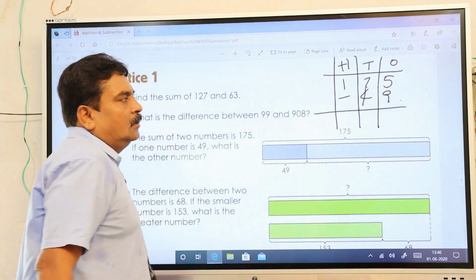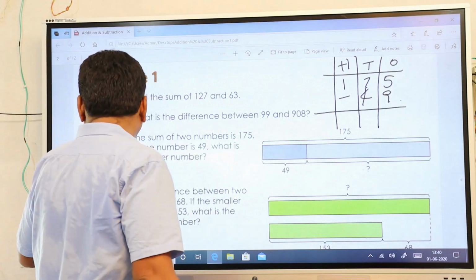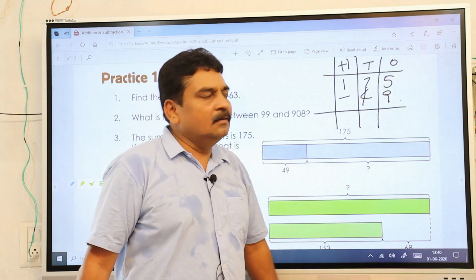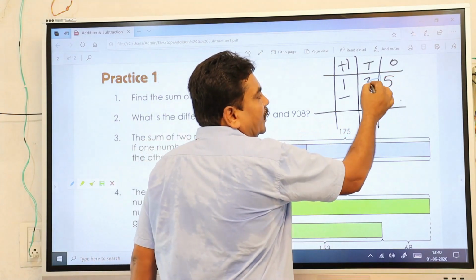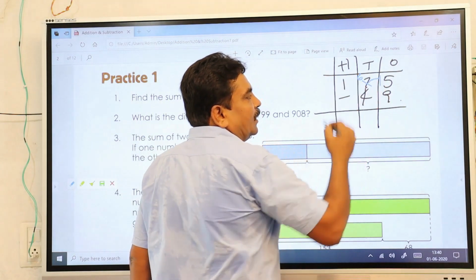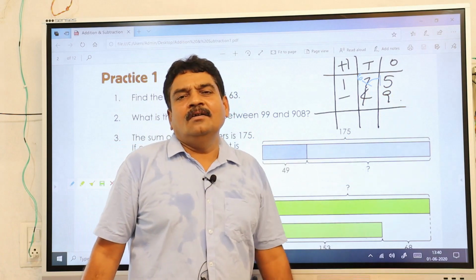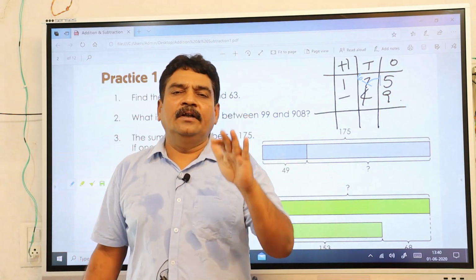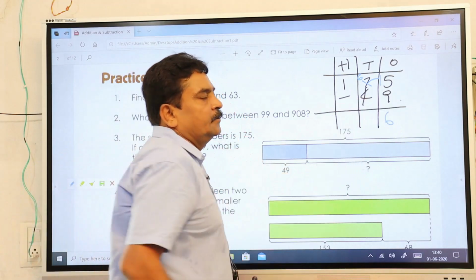So now you are going to subtract. See here, from 5 you cannot take out 9, so you carry one number from here to here, it becomes 15, and this number goes off, it becomes 6. Now it is easy. From 15 you take out 9. After 9: 10, 11, 12, 13, 14, 15, that is 6. So write down 6 here.